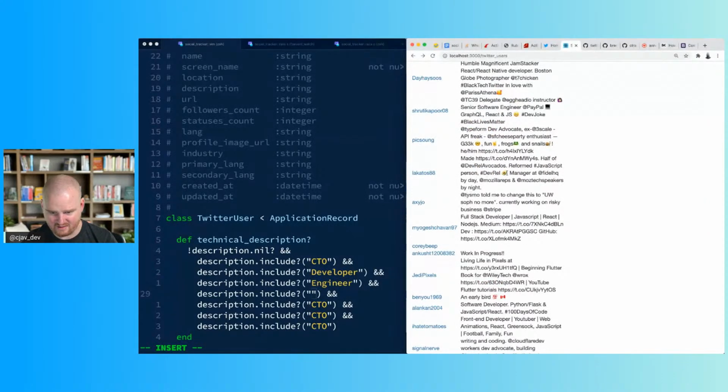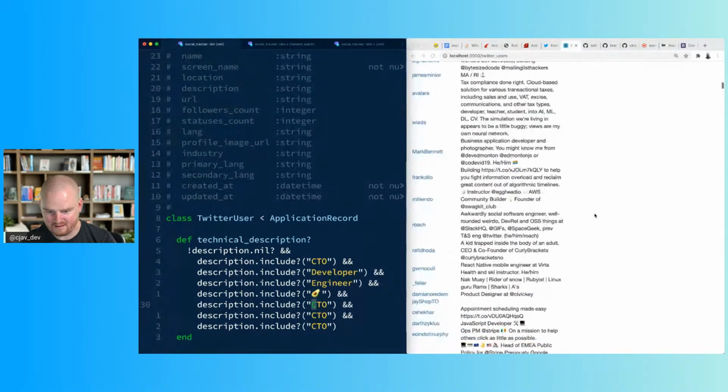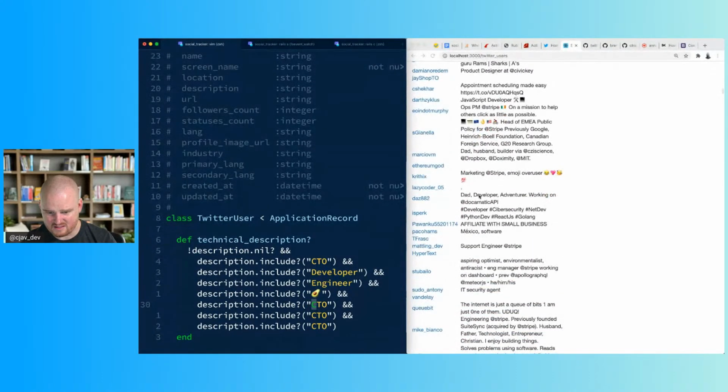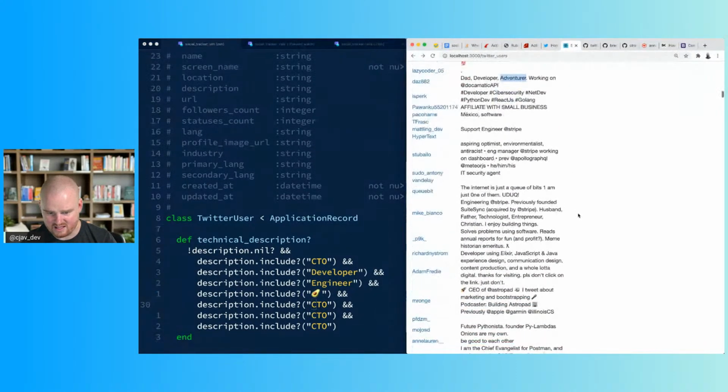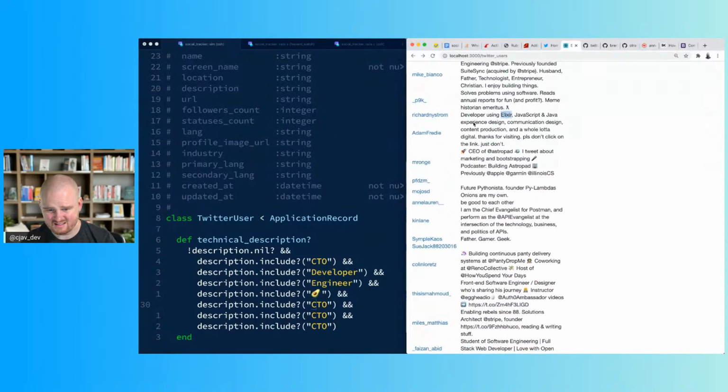Oh yeah, if they have the avocado, then they're probably developer advocate. Who else do we have here? Space Geek developer, that should catch that. Developer,